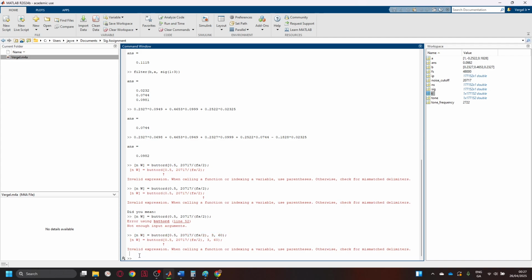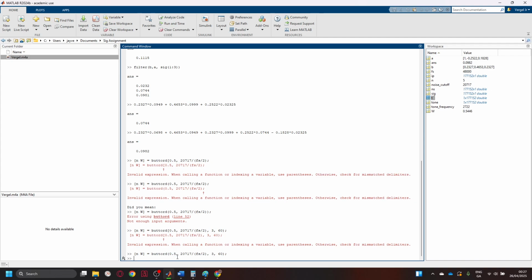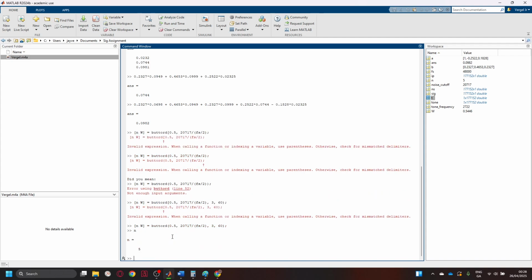Copy pasted the wrong one. So we have the N, which is what order filter we were required. So a fifth order filter, and we're going to just